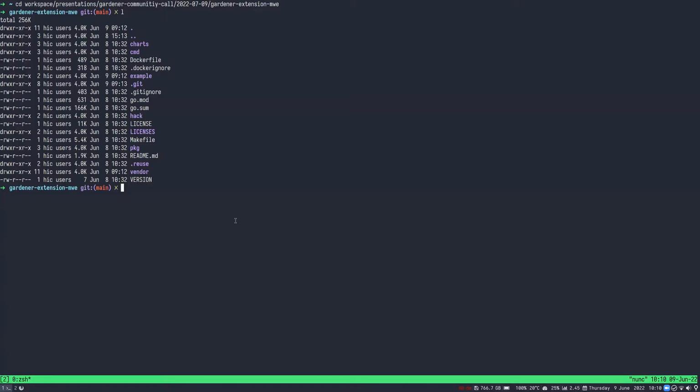newcomers, can follow this. Basically, I already cloned the repository, so we are in gardener-extension-shoot-flux here. And what I want to do first, I want to create a client cluster so that I have a Kubernetes cluster available we can work with in the next minutes. And afterwards, I want to